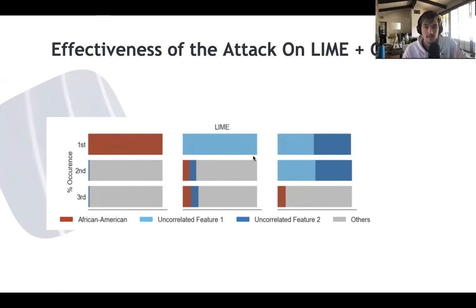And we see that when we introduce the attack and use these uncorrelated features, these are listed as the first and second most important feature in every case. So between this pane on the left and the two panes on the right, the predictions on the test data have not changed, yet the explanations have totally changed and do not indicate that bias is going on anymore. So we take this as the attack is quite successful.